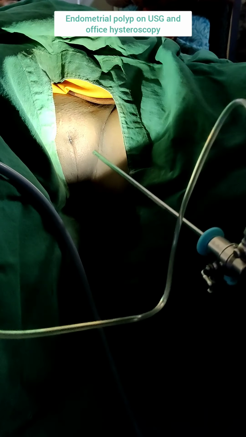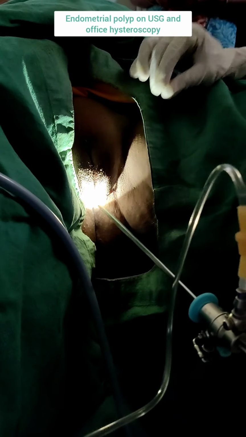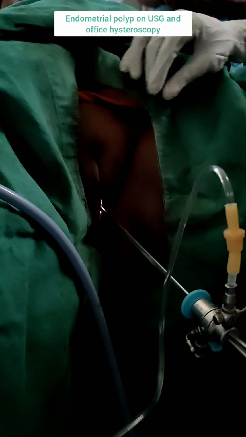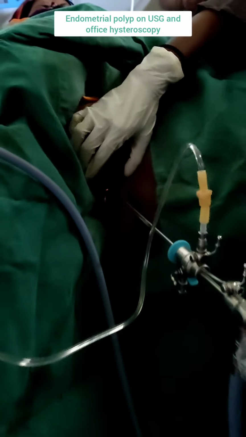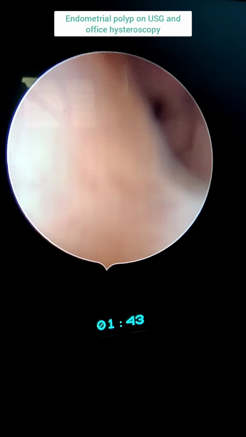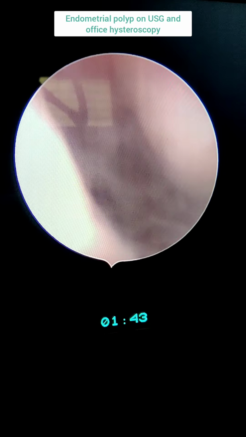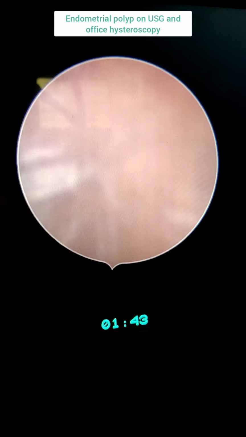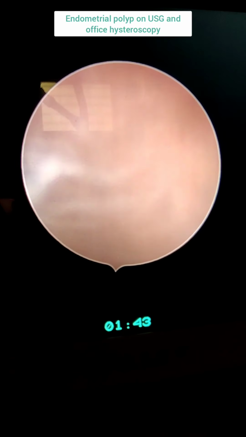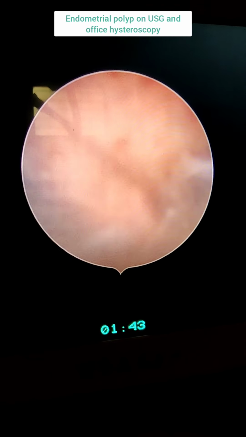So we are starting this case without any instrumentation. The first thing which should go inside the vagina is your telescope. No Sims speculum, no vulsellum, nothing. I have not used anything.